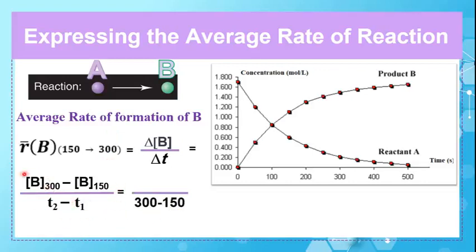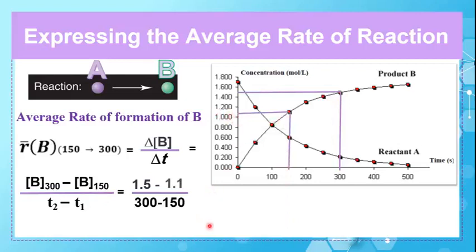The concentration of B at t equal 300 seconds is known from the graph. So for t equal 300, the concentration of B is equal to 1.5 mole per liter. So we write here 1.5 minus the concentration of B at t equal 150, which will be equal to